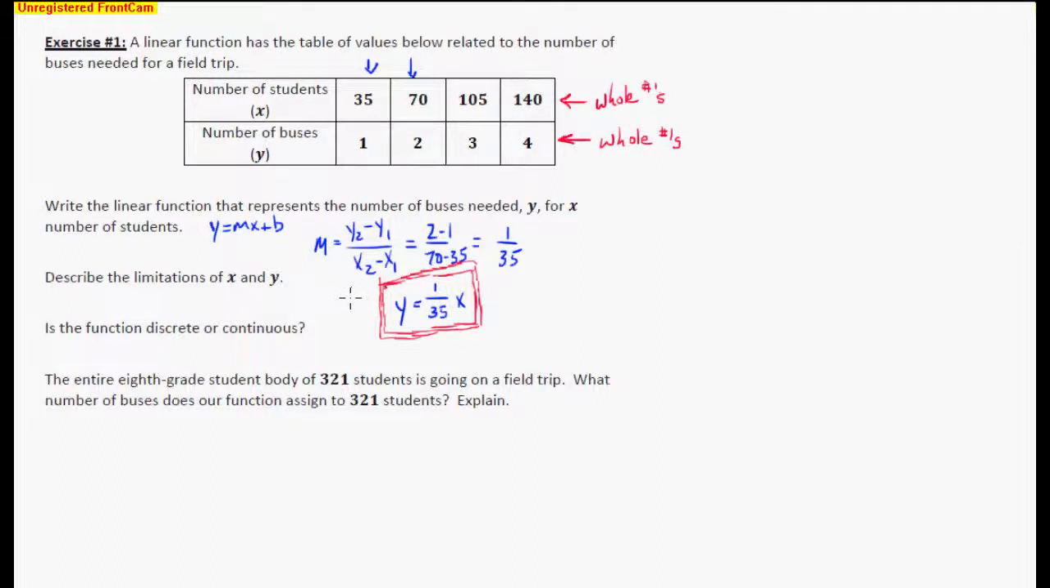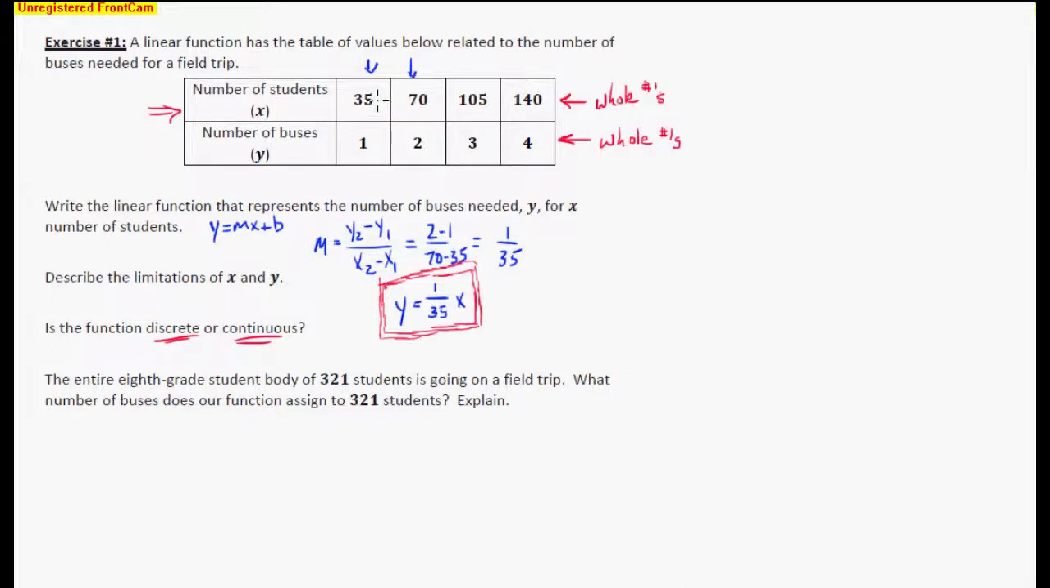To move through the problem here, now this is kind of new. This is a little different. Is this function discrete or continuous? Now, in order to determine whether something is discrete or continuous, what I want to do is look at the x values up here. And if these numbers that are in the x row, or my input, if there's any kind of limitations on them, as far as they can only be a certain type of number, then I'm going to call that